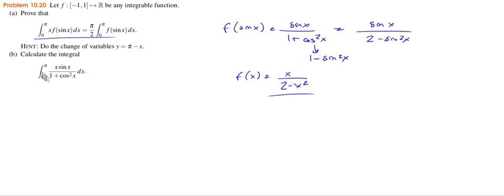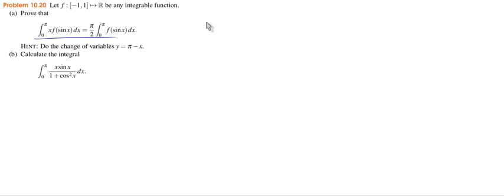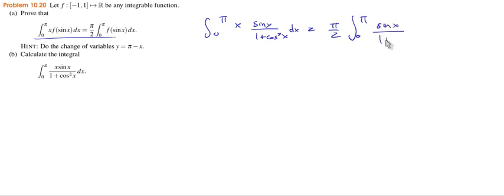Okay, so this integral is going to be the same. The integral between 0 to pi of x times the sine of x over 1 plus the cosine squared is equal to pi over 2 times the integral between 0 to pi of just the sine of x over 1 plus the cosine squared. Now this is 1 over 1 plus the cosine squared times the derivative of the cosine, which is the sine, but this is with a minus, right? So this is minus minus. So we have minus pi over 2 times the arctangent of the cosine